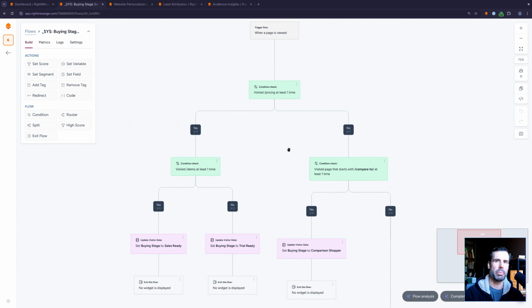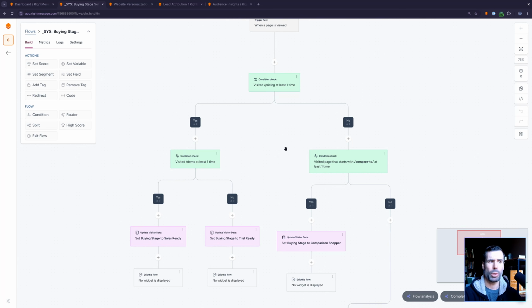So you can put them into a certain segment here, and then later on you have a flow that is going to show targeted pop-ups. This is going to let you determine all of that and make sure people see the right pop-ups and so on in a really elegant way. And one thing I could do here,